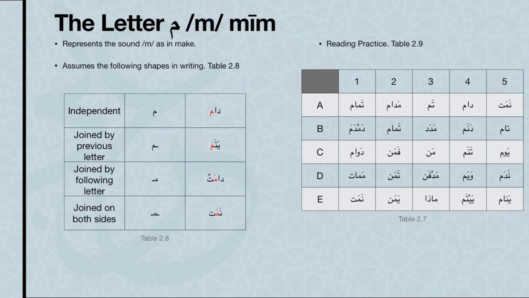And this is not something that you have to get right. You can get it wrong, you can Google it and see if, oh wow, my experiment came up with the right result. The letter meme, basically the sound m in make, is one of the letters with different appearances, different shapes, but it is also a connector letter in essence. So it connects in three positions and is independent in one. The independent position is basically